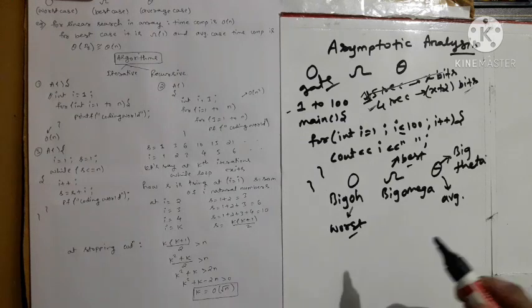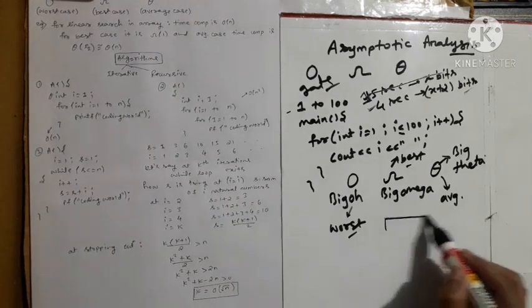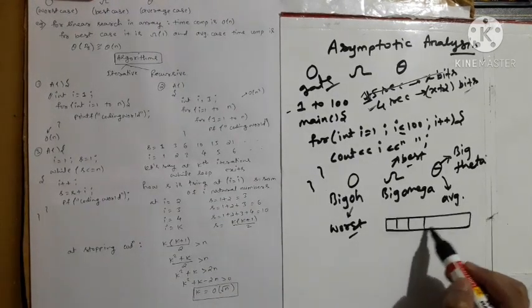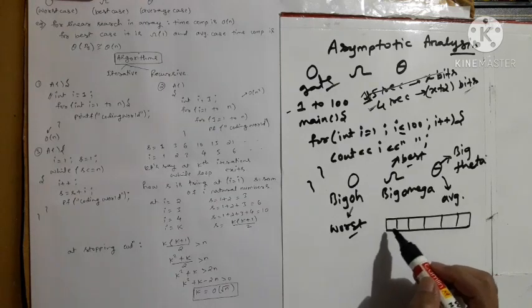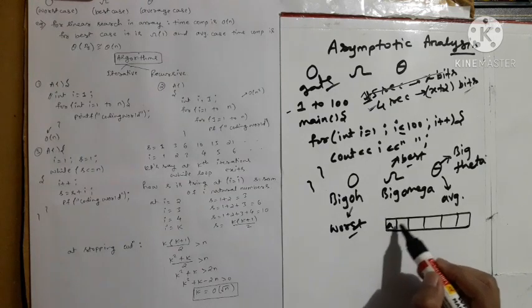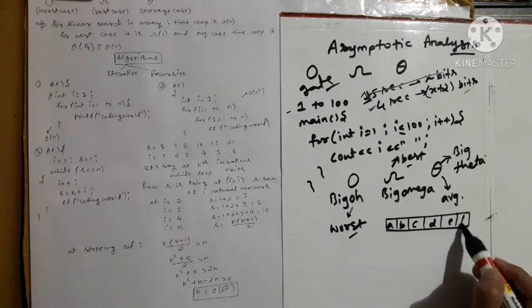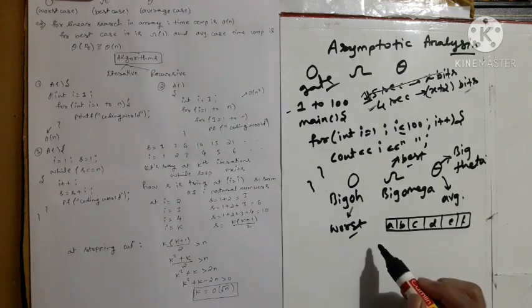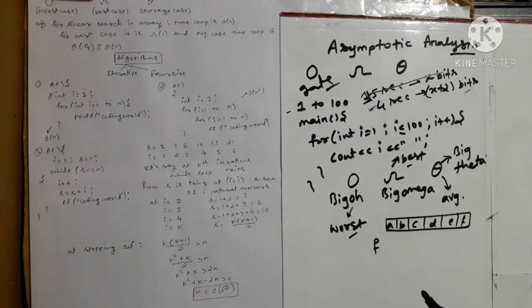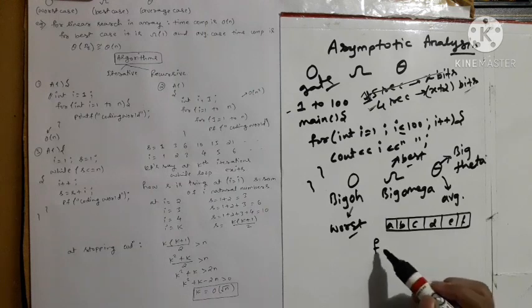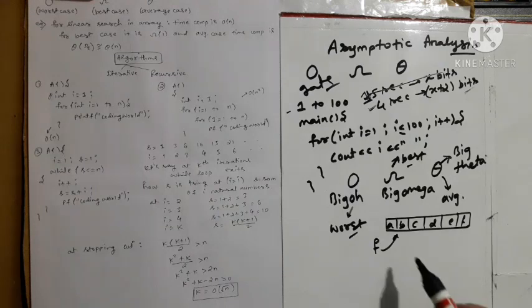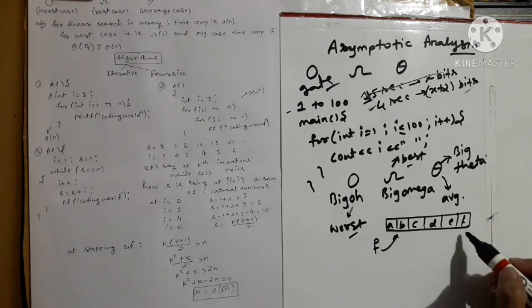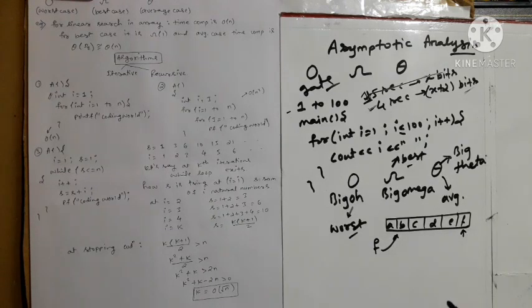इसका क्या मतलब है, एक एग्जांपल लेते हैं, पूरा क्लियर होगा. Suppose there is an array, suppose इसमें कुछ एलिमेंट्स हैं, let's say a, b, c, d, e and f, and suppose we want to search f. What do I mean? I simply mean that I want to search f in this array. So definitely we have to traverse the whole array, and at the last index we'll get f.